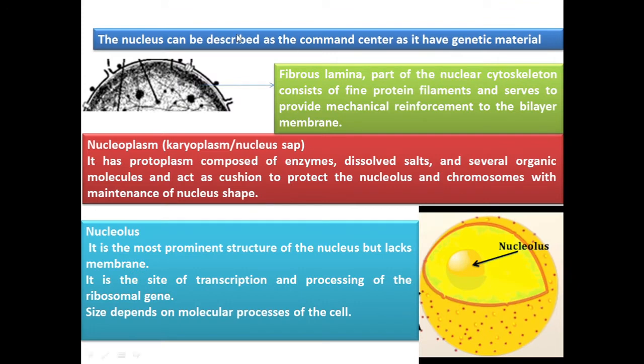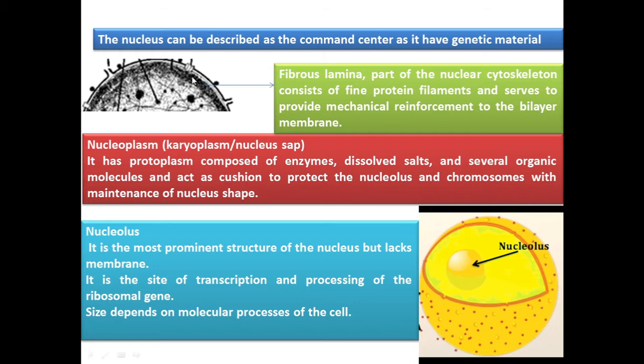Now the nucleus is termed the command center of the cell. The reason is the chromatin, which is the genetic material. Chromatin is made up of DNA. So whatever is going to happen, whatever the fate of the cell is, is stored inside the genetic material only. So it is known as the command center, meaning whatever the nucleus commands in the form of information, that is what the cell is going to do.